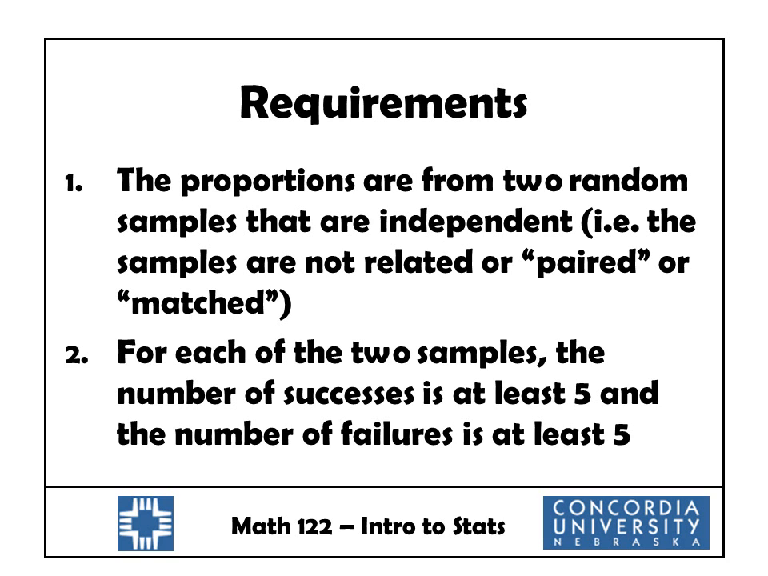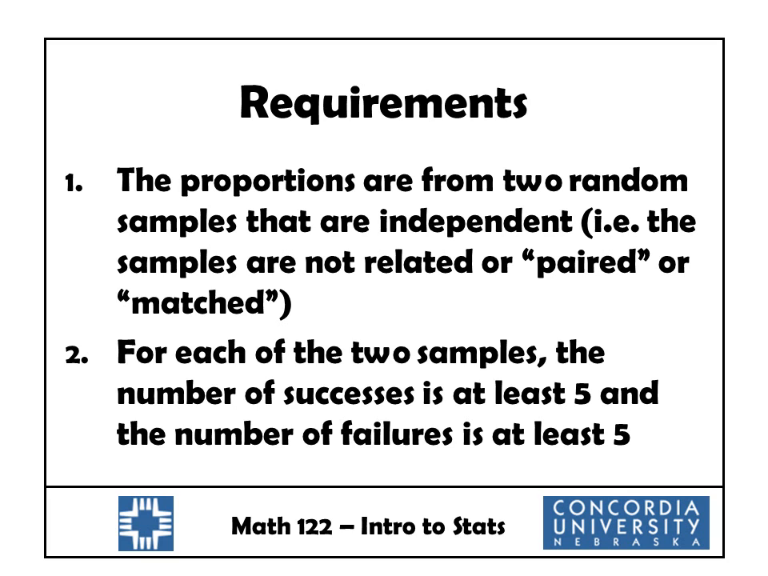Now the requirements for this test are, first, proportions are from 2 random samples that are independent. Independent means that what happens in one sample has no effect on the other. And number 2, for each of the 2 samples, the number of successes is at least 5 and the number of failures is at least 5. The second one means that we have to have a sample size of at least 10 in order for this test